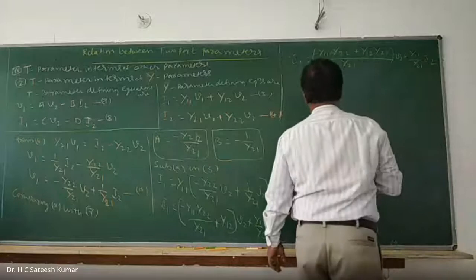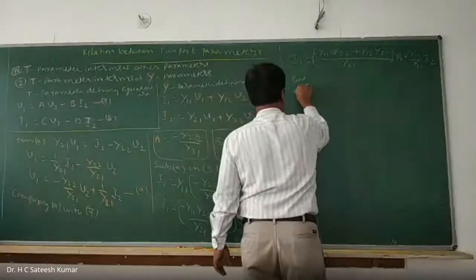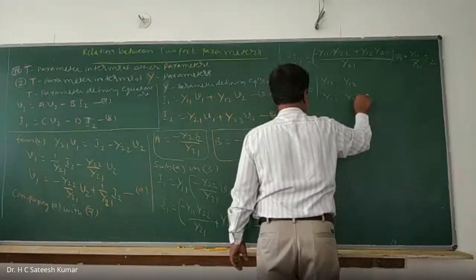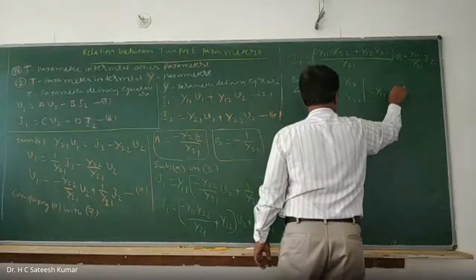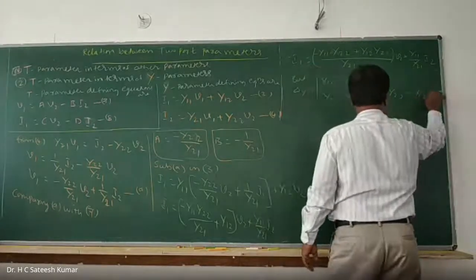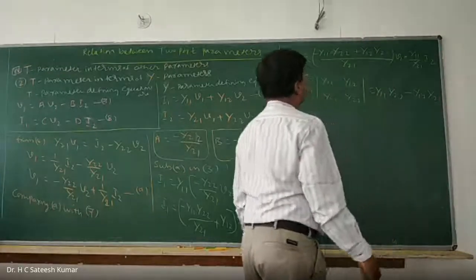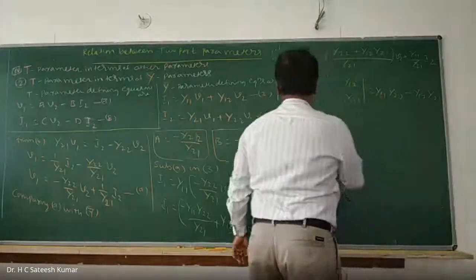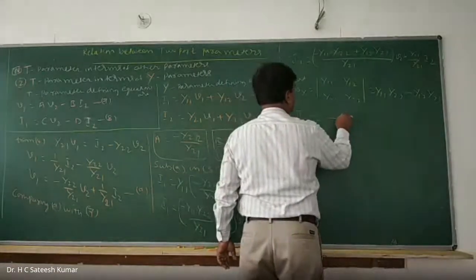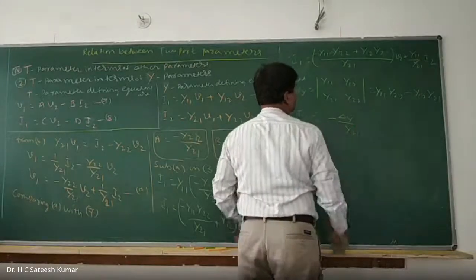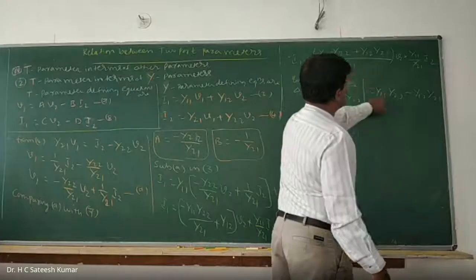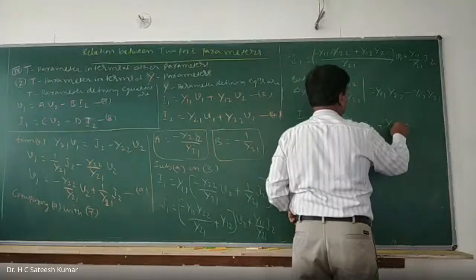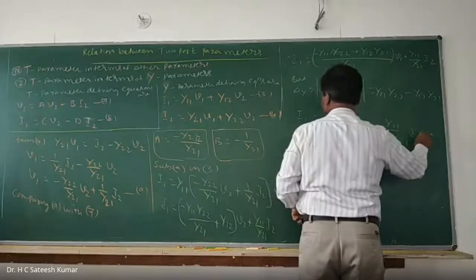Okay, right. Now, but delta Y is equal to what? The matrix Y11, Y12, Y21, Y22, which is Y11 Y22 minus Y12 Y21. Okay, right. So you should have Y11 Y22 negative. So therefore take minus sign common. Therefore I1 is equal to minus delta Y divided by Y21, if you take the minus sign outside and you will get this delta Y. So minus sign I have taken here, into V2 plus Y11 divided by Y21 into I2. Okay, right.